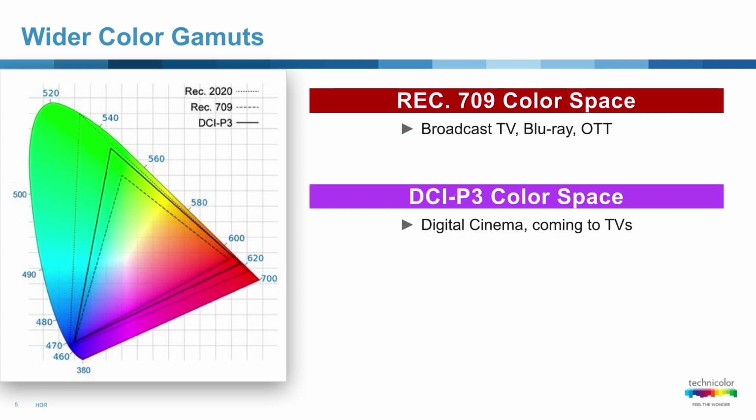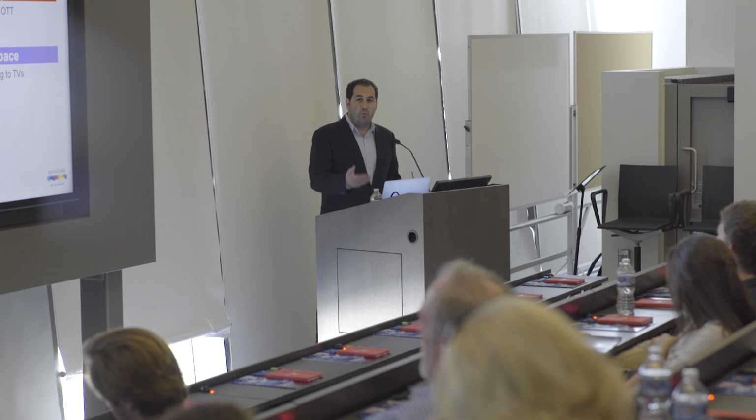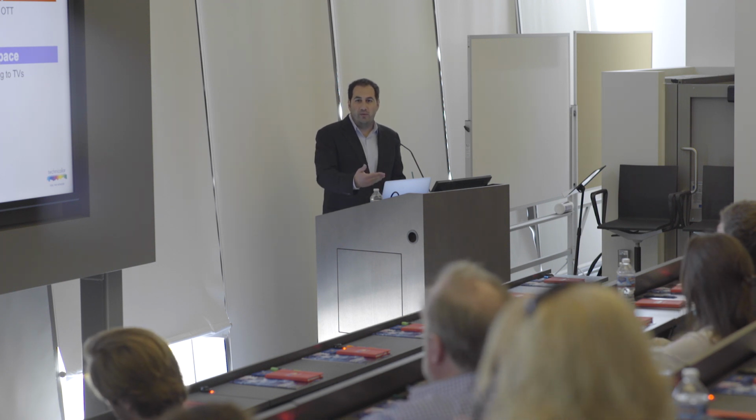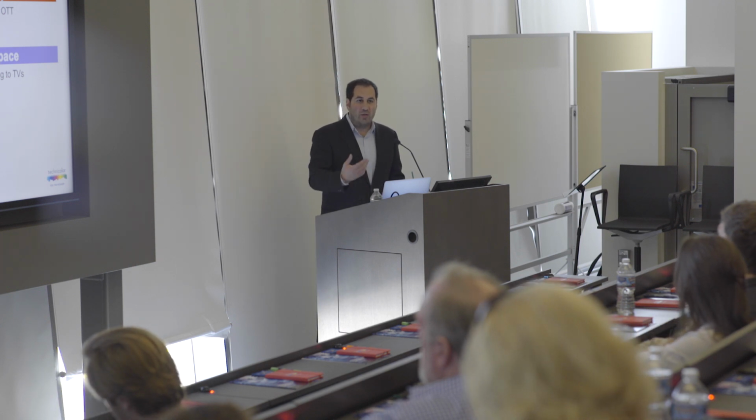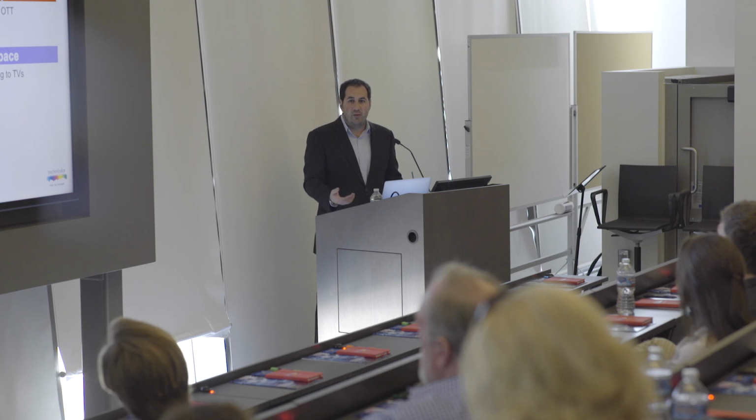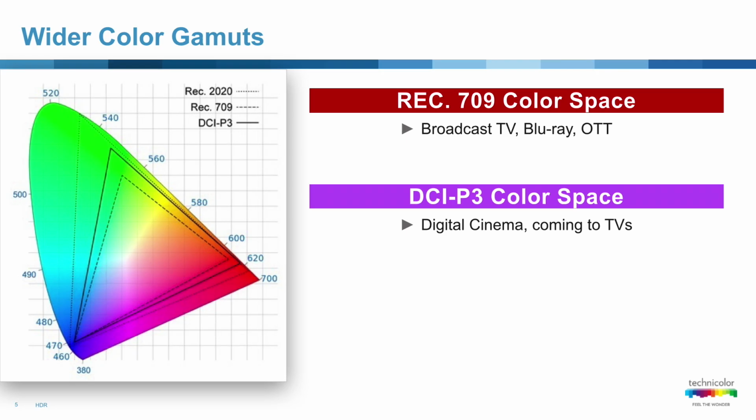And as we move to high dynamic range where we're getting more contrast, we're also getting more color. So we're now able to move to P3 primaries, which allow us to get similar colors to what we had in the theatrical projection. So now we can get more color on the screen as well as more luminance. And the combination of both allows for things like a bright blue sky, whereas before you had to either choose a bright sky that turned white because we pushed it too high and clipped out detail, or you had to choose a blue sky, which meant that it was dimmer. So now, because we have more light available to us and more colors available to us, we can actually push everything higher.